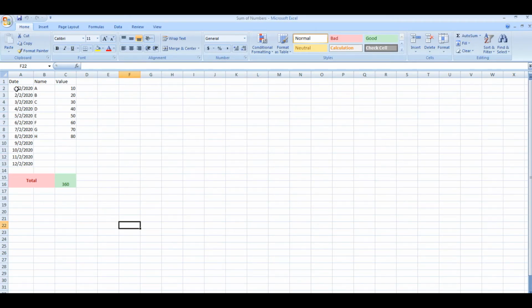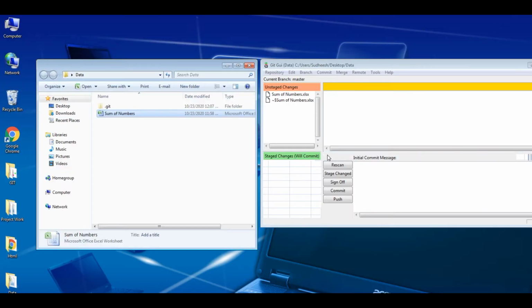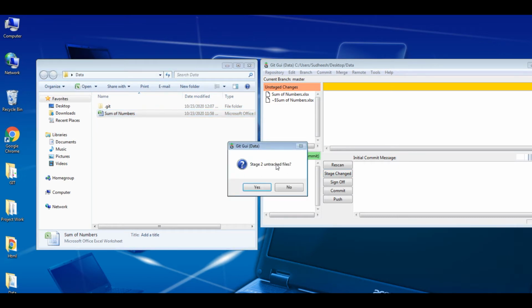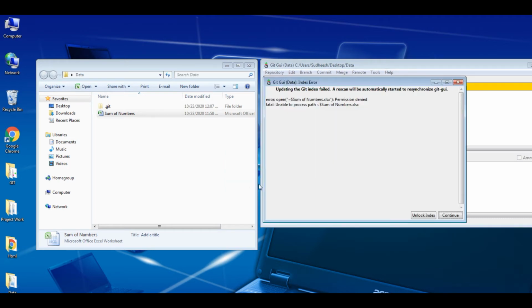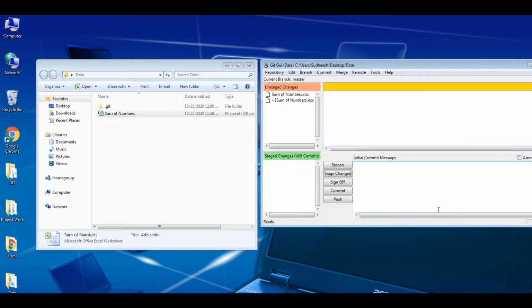You can see here I have done some calculations. So let's commit this first. First of all, you want to stage these changes. It says that you have two untracked files. Yes, I have two untracked files. Continue. Sorry, we have to close this first.